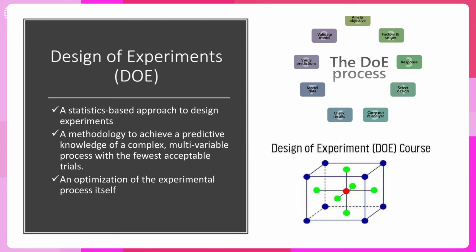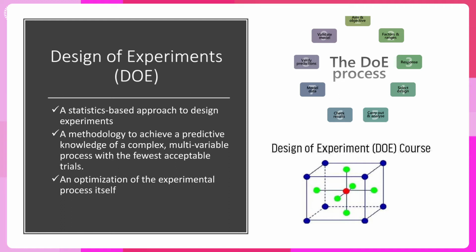You can understand this very well. If you have to understand a single variable, things are easy in research. When you have to see the effect of one variable, for example, the effect of high temperature on the preparation of granules or the effect of humidity on the preparation of granules, the experiments are simple. But when you have to see multiple effects, for example, the effect of temperature, the effect of stirring speed, the effect of the percentage of binding agent, the variables become more. In that case, these experiments help you in designing the experiments in a better way. So they are basically an optimization of your experimental process in itself.